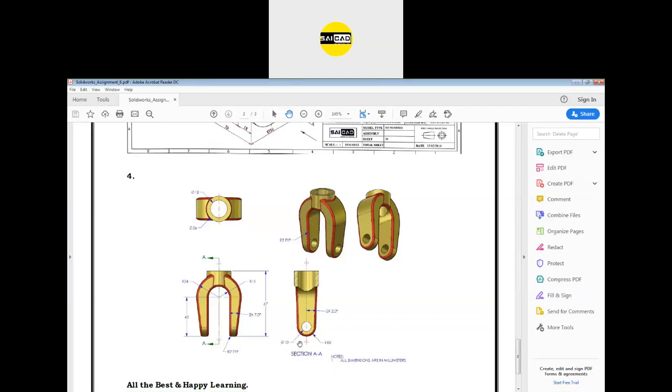First, you can see that the radius is 10, so we have to extrude it up to 20 on both sides, and after that you can apply the draft on the sides, 2-degree draft on all the walls. Okay, so let's try it.